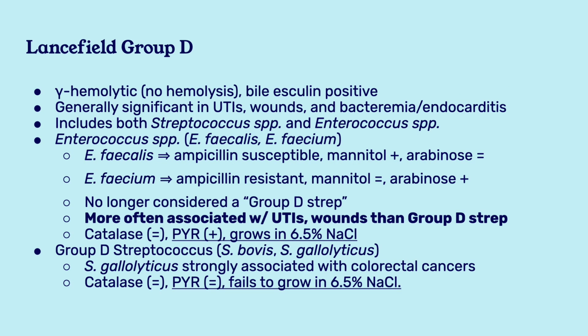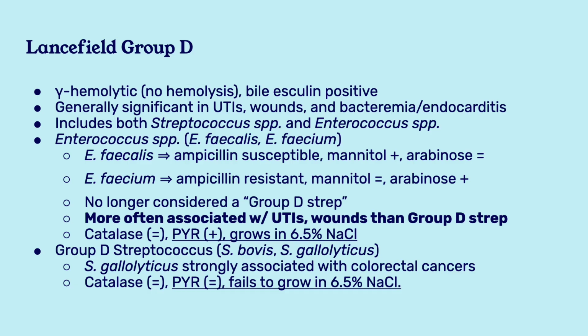Now let's talk a little bit about Lancefield group D. These organisms are gamma hemolytic and bile esculin positive. They are generally significant in UTIs, wounds, and bacteremia or endocarditis. This includes both Streptococcus species and Enterococcus species. Enterococcus species used to be considered part of the group D streptococci,